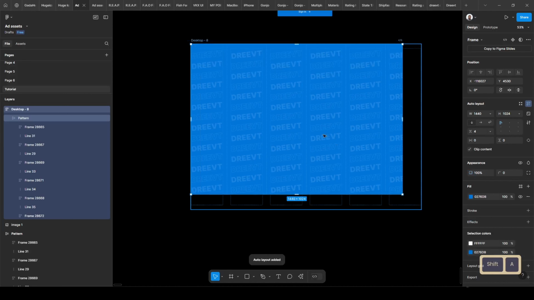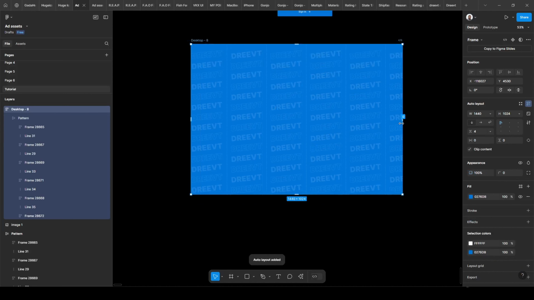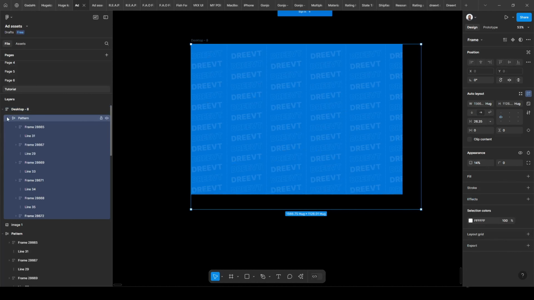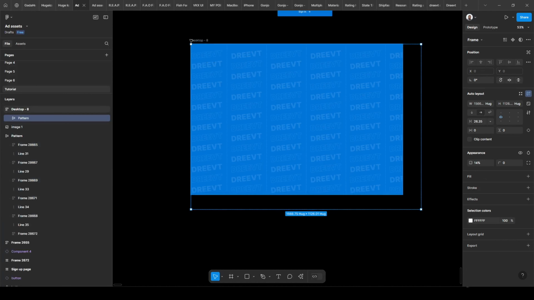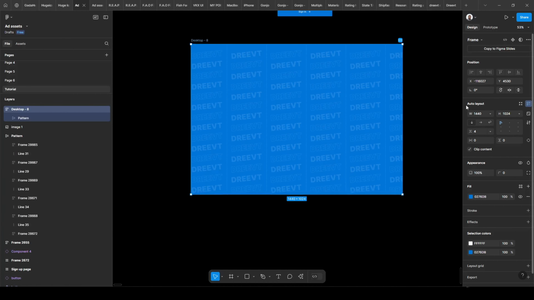So I'm going to hit Shift plus A. When I hit Shift plus A, because there is nothing inside this auto layout frame yet apart from this pattern, usually sometimes when you convert a frame to auto layout, this thing changes to hug and hug, but now it's on fixed. But sometimes it changes to hug and hug, and whenever it changes to hug and hug, it alters the size